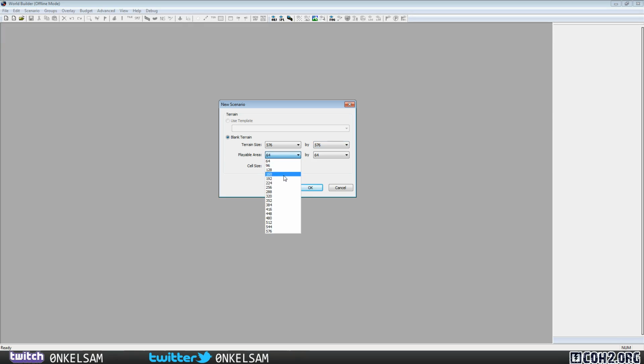Pick a playable area of 320 times 320. Now notice the core area is not even mentioned in here, so we have to draw this ourselves, and it's not really fixed in size, but these 64 meters less for each dimension is a rough estimate that works quite well. So we've defined our size, hit OK,